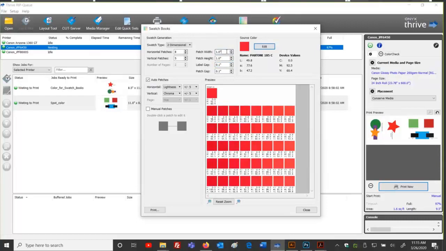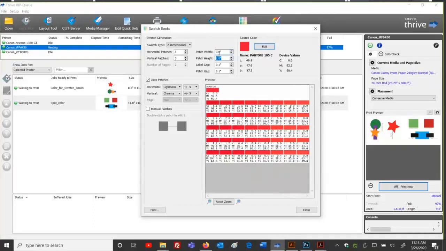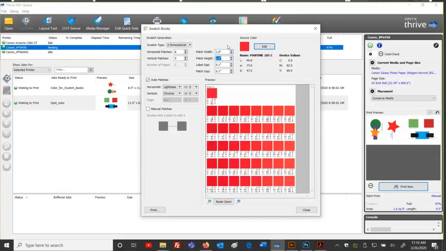So in this case, you want to have a big enough area of a print of those little color squares to give you an example of the recipe, and you want to have enough of a color printing to evaluate it. You want something larger. So 1 inch, 2 inches, 3 inches. I believe 3 inches is our max. Let me see if I could get 4 up. Yep, 3 inches is our maximum size you can go, the 3-inch square. So that's fine. At least 1 inch, if not larger, is what I'd say.